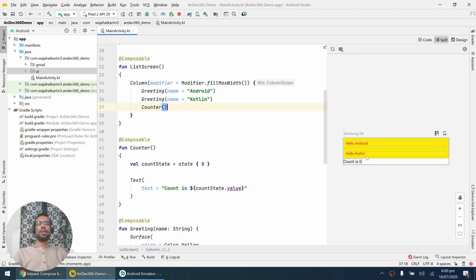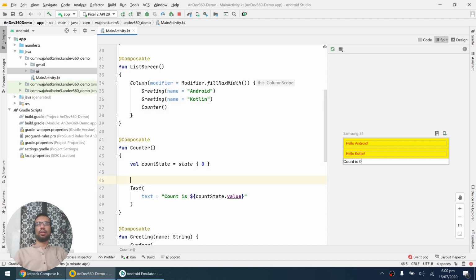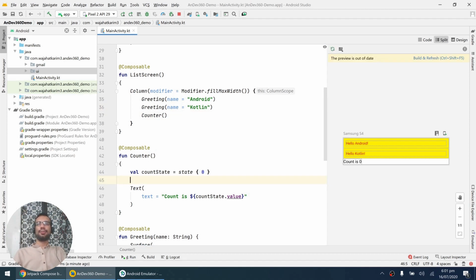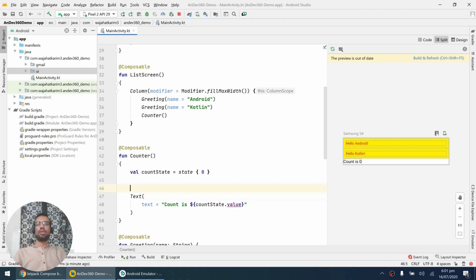So you see, we have counted 0. Now if we somehow change this value and increase this, then this text will be automatically updated. So for example, let's try it here. I am changing this to a button,